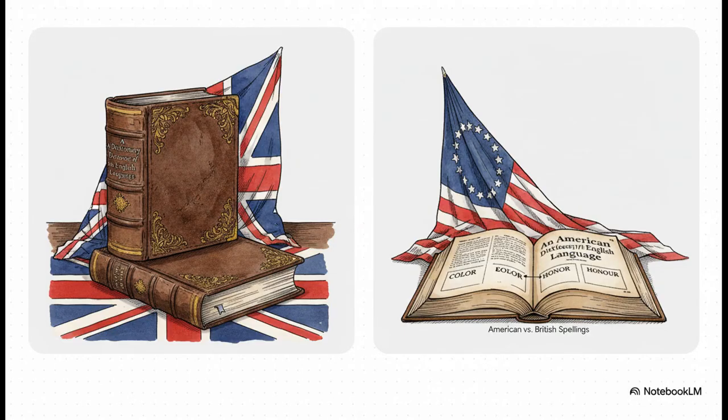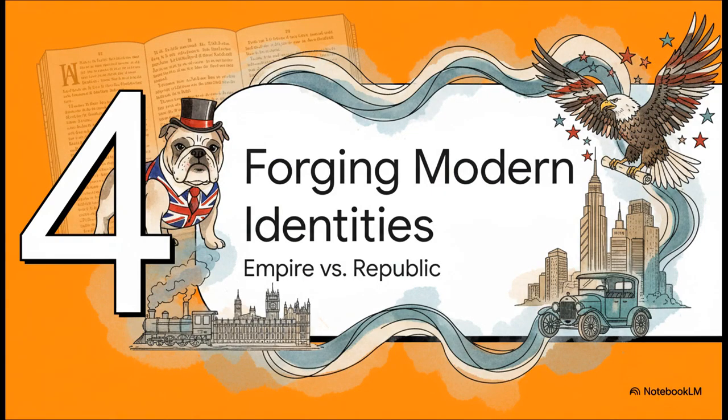This slide right here marks the moment it all became official, written down in black and white. In 1756, Samuel Johnson's big landmark English dictionary was the first to even acknowledge an American dialect. But the real game changer was Noah Webster's dictionary in 1828. Its whole purpose was to set a new standard, to codify a uniquely American language, separate and equal from its English parent. So, with their languages now officially on separate paths, the two nations set off on very different journeys through the 19th and 20th centuries. Each one was busy forging its own unique, modern identity.